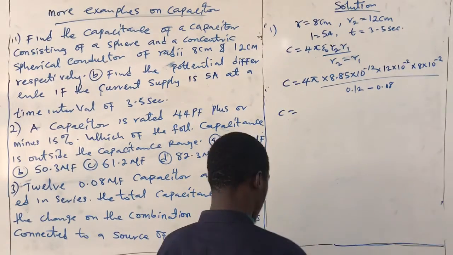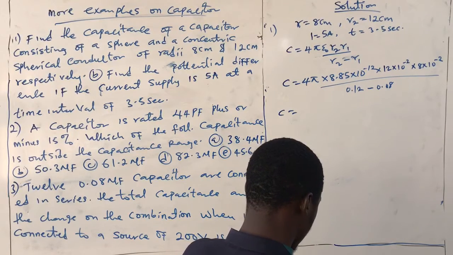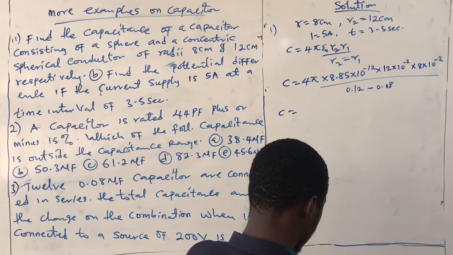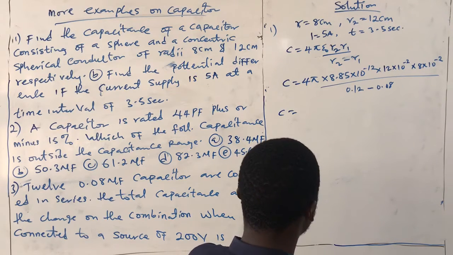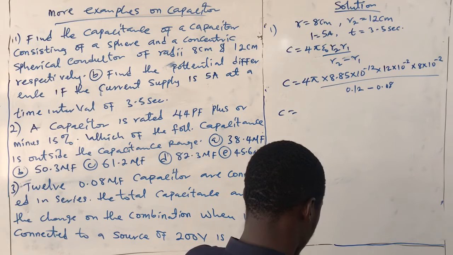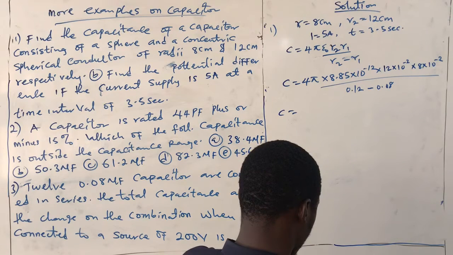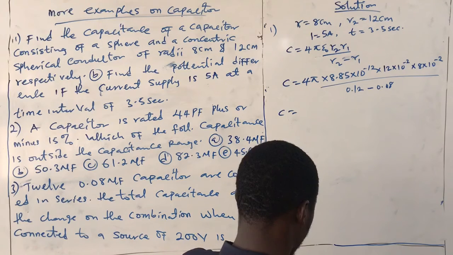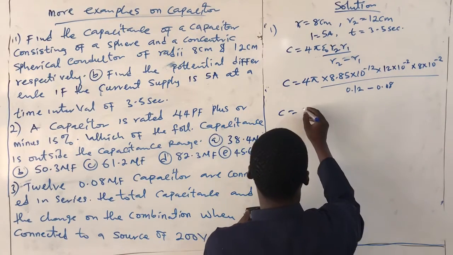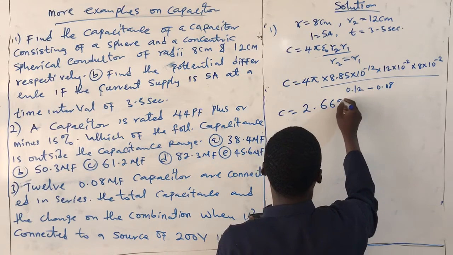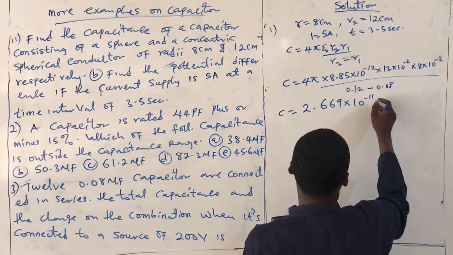Then our capacitance will be equal to 4 pi times this. If we press this correctly, the capacitance will be 2.669 times 10 raised to power minus 11